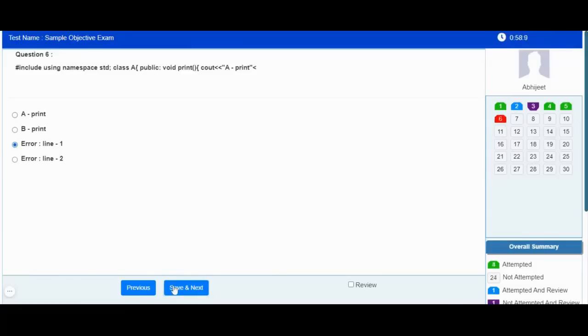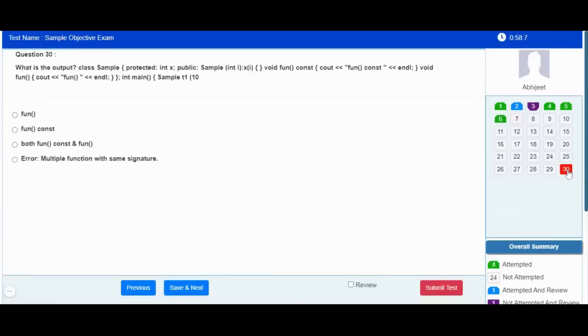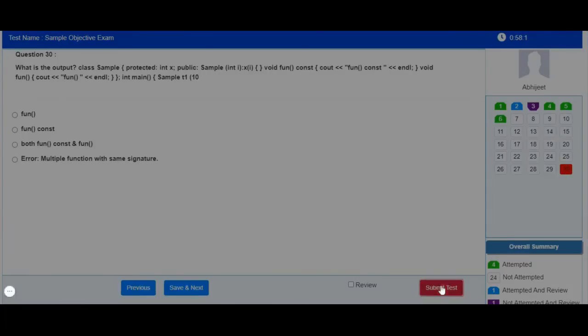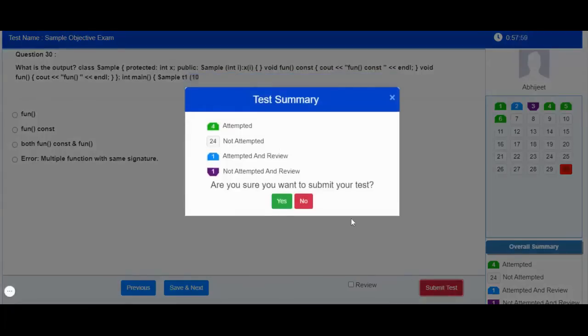You can attempt all the questions, and as soon as you reach the last question of the exam, you will be shown the submit test button. If you click on the submit test button, you will be shown the summary associated with the online exam, like total number of attempted questions, total not attempted questions, and questions which are marked for review.